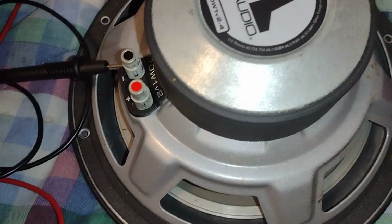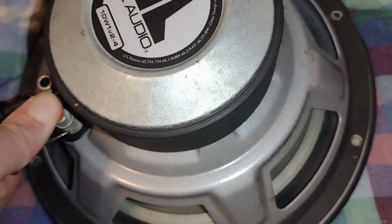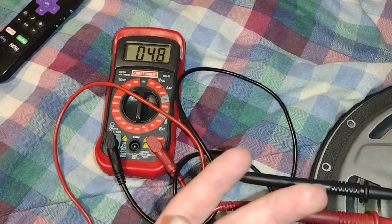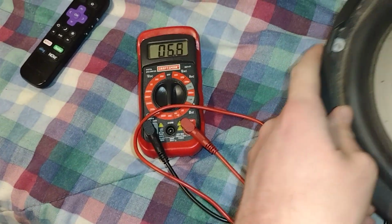So it's not like a positive negative thing, it's just testing resistance in the speaker, the connectivity, and how much connectivity there is and how much it can support. Now, see, if I have it upside down, then it's not going to read 4 ohms exactly. So how do we fix that? Well, if you flip it upside down,